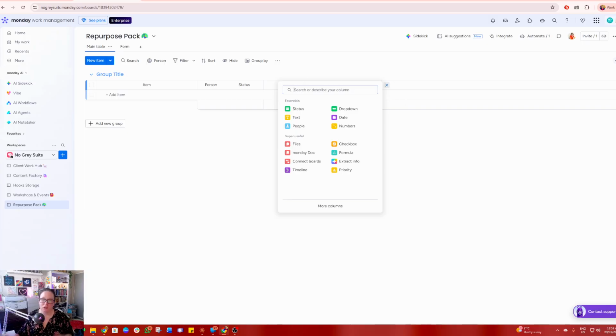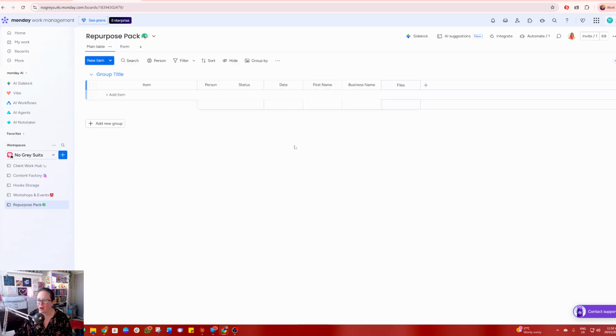Okay, then because I want to use this as a multi-purpose form, I want to use it for capturing a couple of different types of things. One thing I want to do here, I've already got status, I've already got person, that's going to automatically assign. Item is going to be, you'll see what I do with the item name in a second. What are we going to do? I want them to be able to upload some files for me. So this is where, I'm just going to call it files in here, but when we go over to our form,